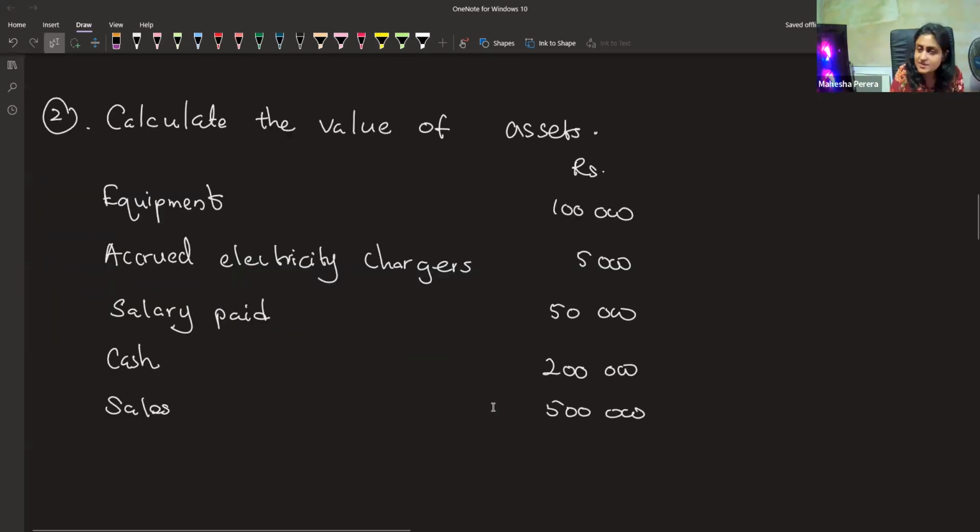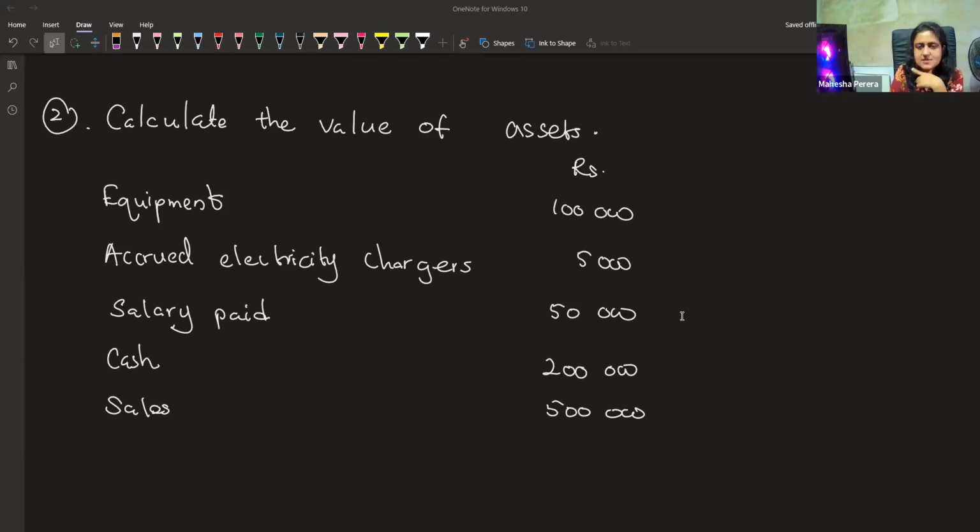Right. Now I'm going to give you another question. Now this is a calculation. Again, I'm asking assets. Don't worry. Assets. Now give a try. It's okay. Just give a try. Now I want you to calculate the asset value and send me. No need to type rupees. Just send the number. Now here, you might have items which are not assets. So just find the assets and calculate the total. Just find the total and send.